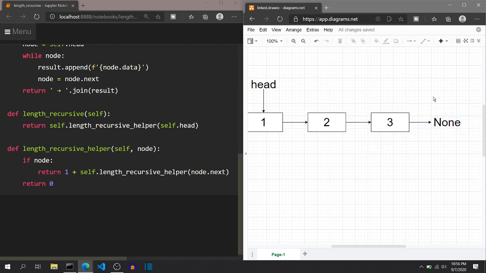Now for the boundary case, what will happen if this node recursively calls its next node, that is, a node of None value is passed in the function. So it will first check if node, but node is None over here, so it will return 0. And we can see that we don't have to traverse the entire recursion tree.